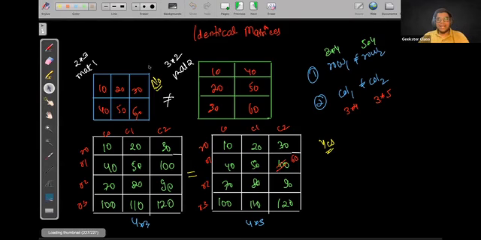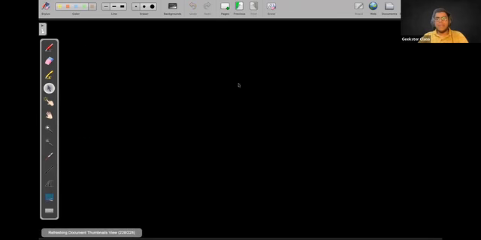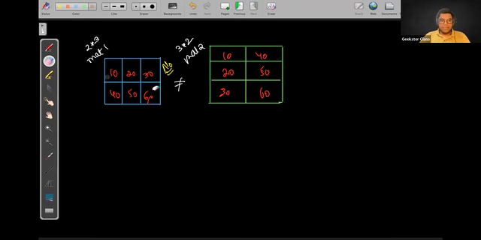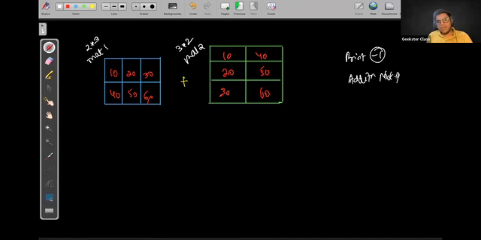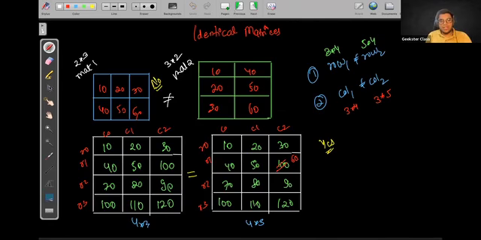Like if the two matrices are like these, if this is the first matrix and this is the second matrix, these two matrices cannot be added. A 2, 3 matrix cannot be added with a 3, 2 matrix. Addition of these matrices is not possible, at least addition or subtraction also. So you should say that they cannot be added. So directly print -1. Addition not possible. Otherwise, if addition is possible, print the addition of those two matrices. So if the first matrix is this,